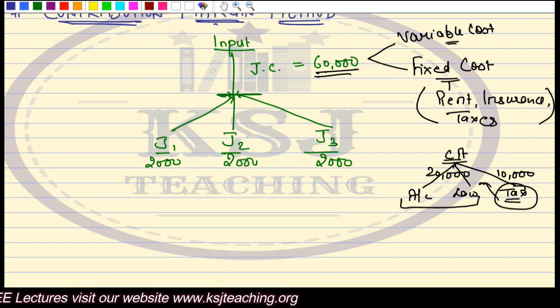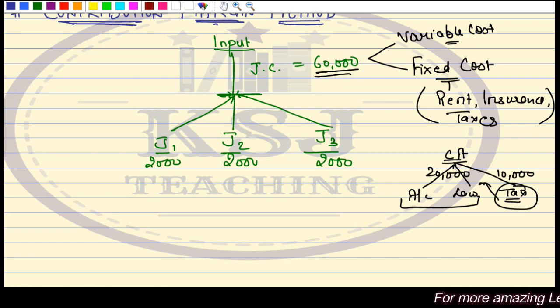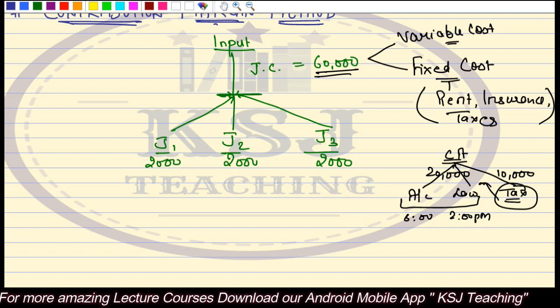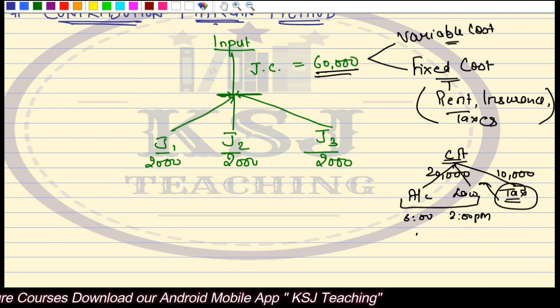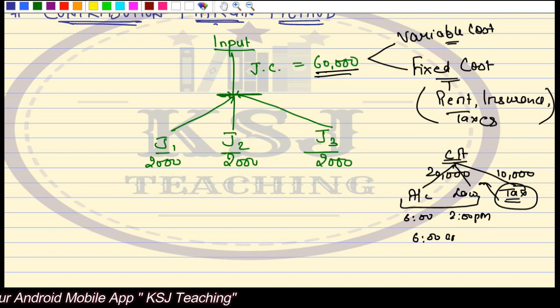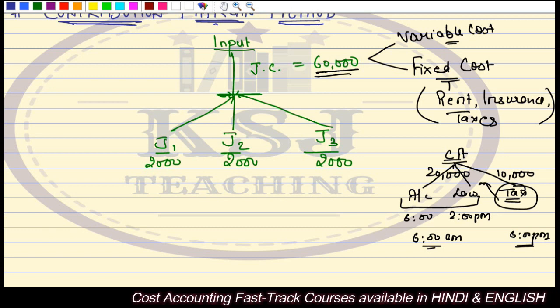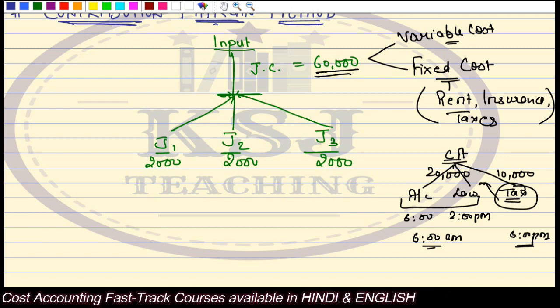Because earlier you were attending two classes at the same place. You are attending the classes at one same place, right? You are going in the morning at 6 and coming back at 2. Right? Now what will happen? You are going to the same place and you will be coming back from the same place. You will go, only your timings will change. You will go in the 6 morning and you will come back at 6 in the evening. Only the timings have changed. The distance, right? The number of visits will not change. So your fuel cost will remain constant. That is a fixed cost, right?